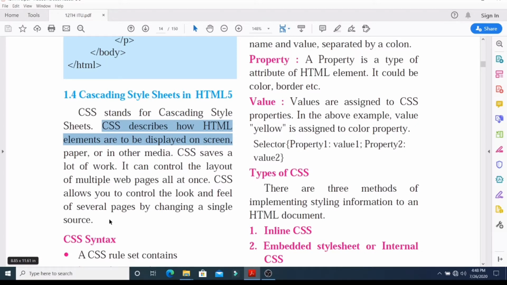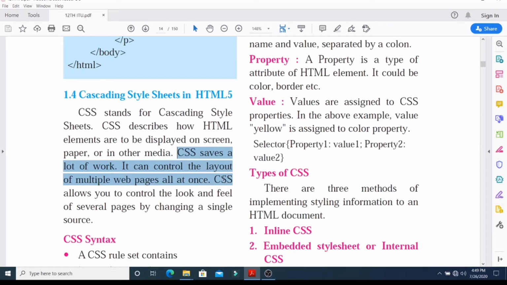Thus cascading style sheet describes how HTML elements are to be displayed on screen, paper or in other media. My dear students, CSS saves a lot of work. It can control the layout of multiple web pages all at once. However many web pages you have in your website, all of their layouts can be controlled through CSS with much less coding than before.